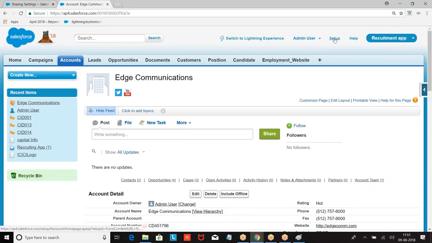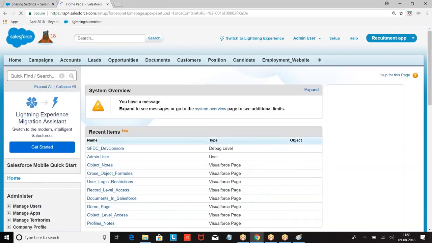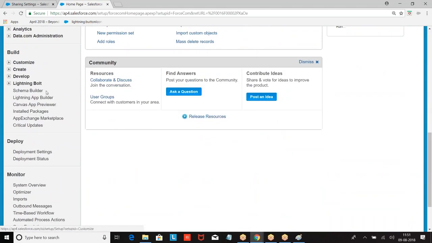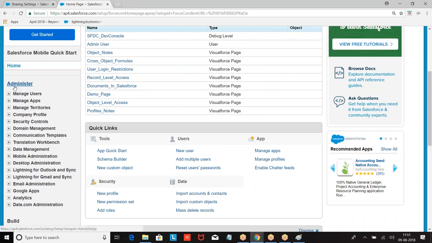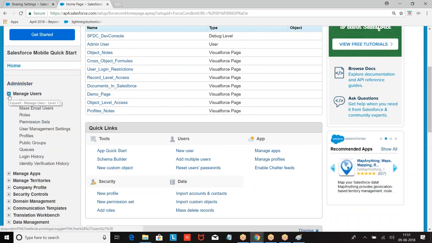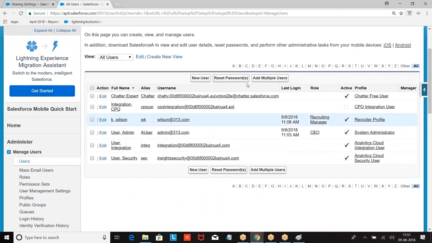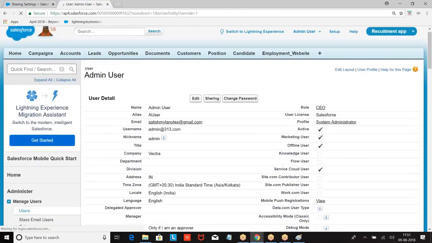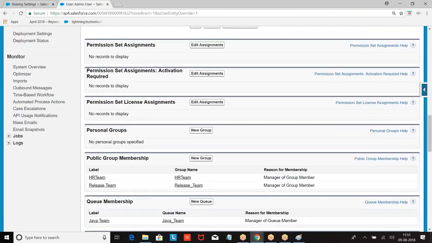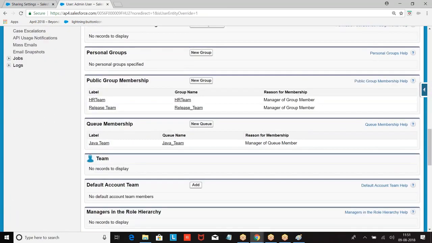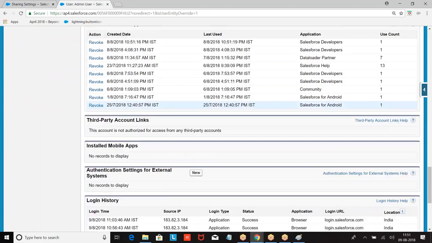How will you create the default team? Setup, administer, manage users, go to the user, scroll down. So what do we have? Account default teams.